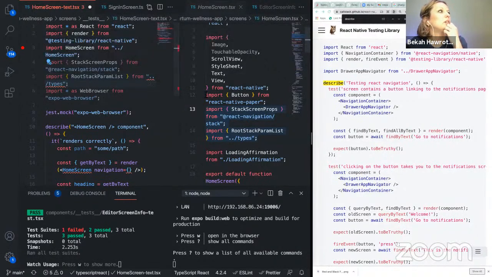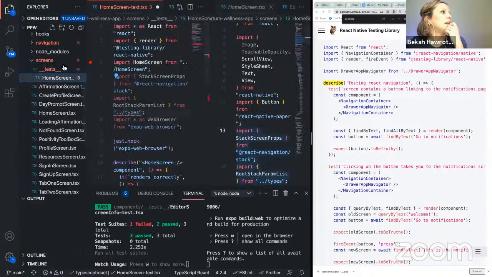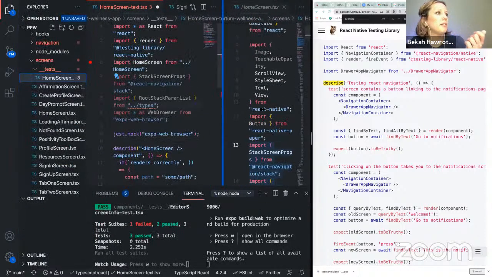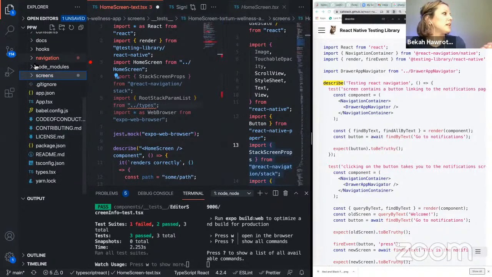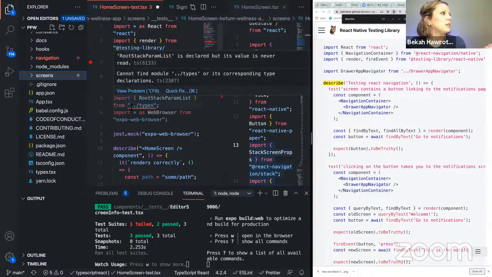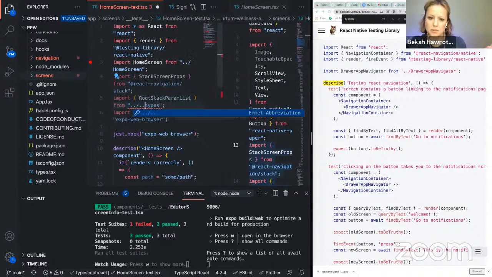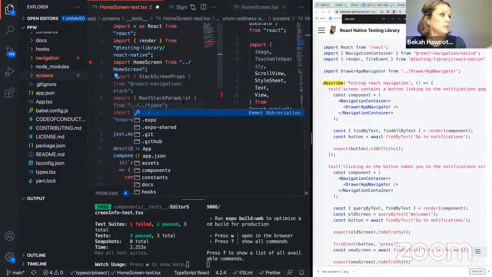So what is the path for that? I just wanted to automatically figure out the path. Yeah, there's ways to do that. No, I thought I had that set up. Let's see, where are our types? They're here. So how do I get to that? Do I need to go out one more? No, that's too far, right?